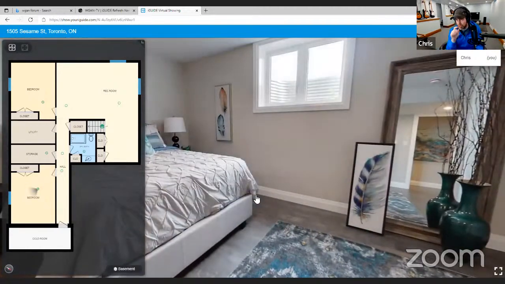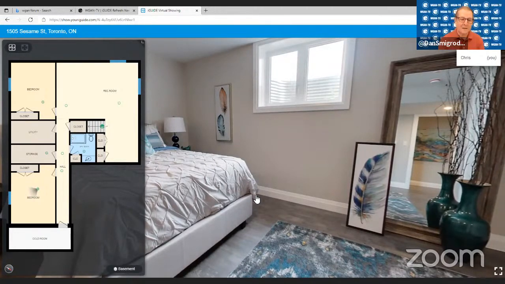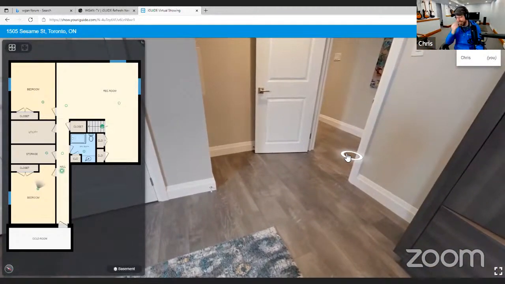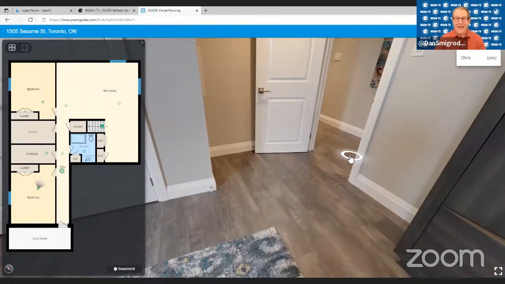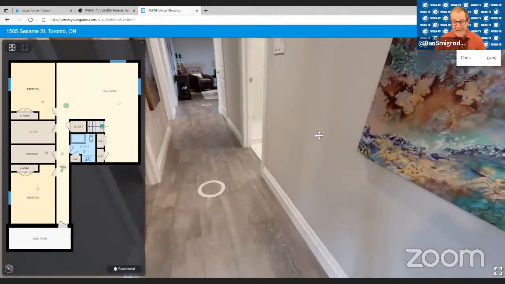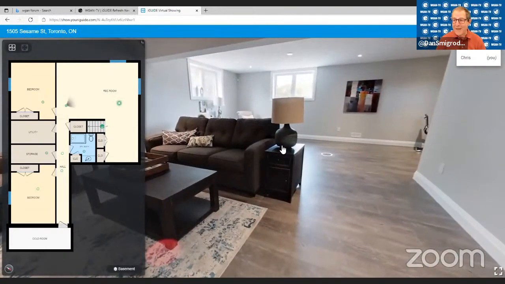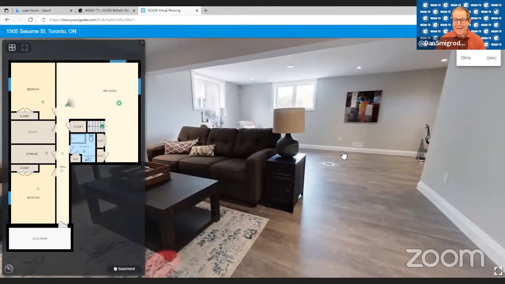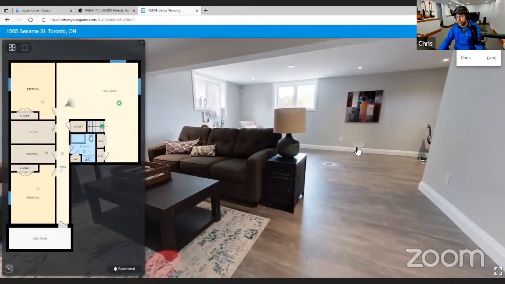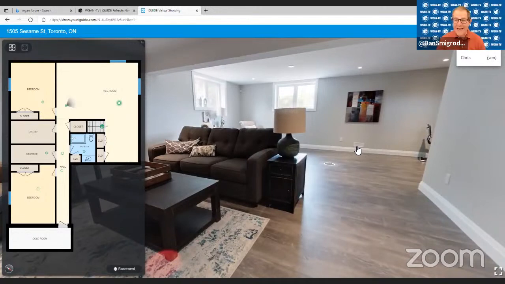Right. So that's a great question. That means that your browser saved a cookie with your name in it, and you've done this before. This is not your first virtual showing. No, it's not. I've seen this before. Okay. So just to clarify for our viewers then, if this had been my first time, I imagine it would have asked me for my name, and then it would have displayed the name for you. Since I had looked at this tour earlier today and I had already typed in my name, it remembered me, so I didn't need to do that step.